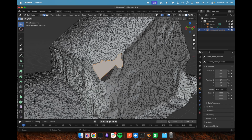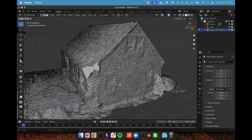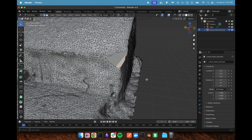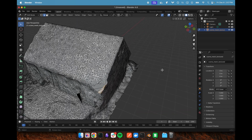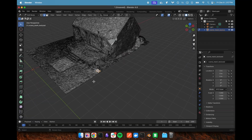that should be fine. We're going to make a new face by pressing the F key, and that will fill that in. And something's weird is going on there, but we'll make another face. And you can see it's just one flat face. I think you could decimate that into a bunch of triangles and then kind of mess with it and make it look nice, but I don't have time. There, we're gonna do another one,